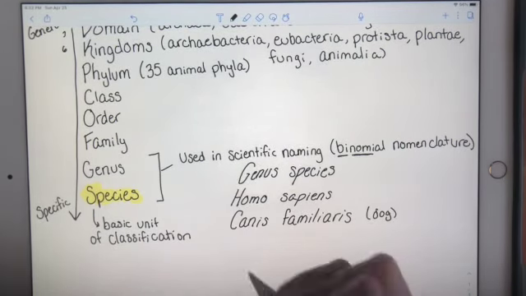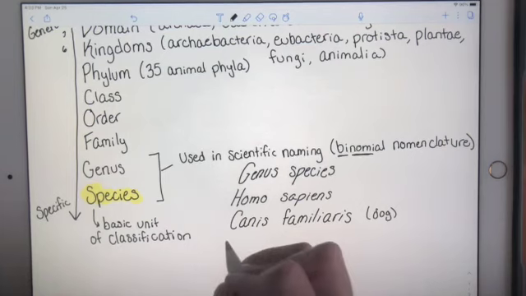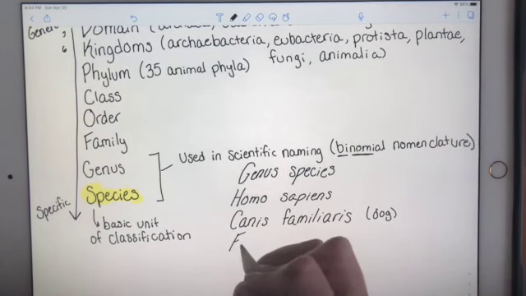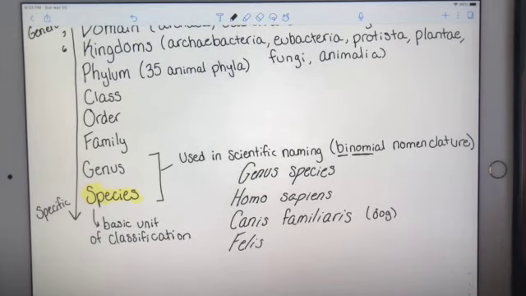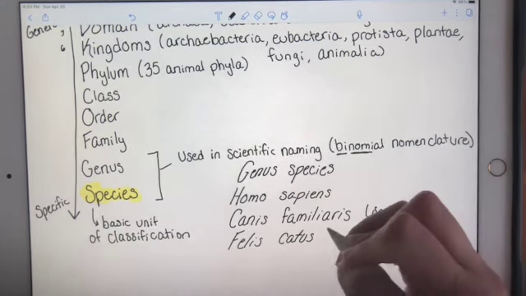And then for cats, they're a little bit easier. Felis is the genus. You can kind of imagine that that is short for feline. And then the species, so that we get our domestic house cat and not a wild cat, the species is Catus. And that is your